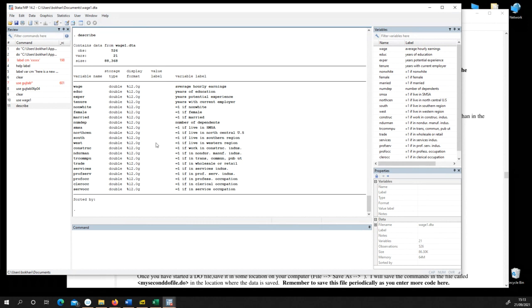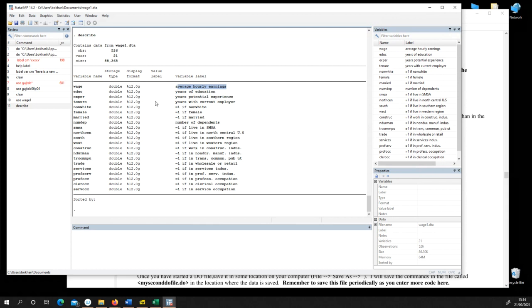This data set is actually a real data set, but just a small sample, a random draw. So in the US, there's a census every 10 years. And in the in-between years, there is sampling throughout the country that goes on, asking about different types of information about those people. So here for 526 individuals that were randomly selected, we know their wage, tested in hourly earnings